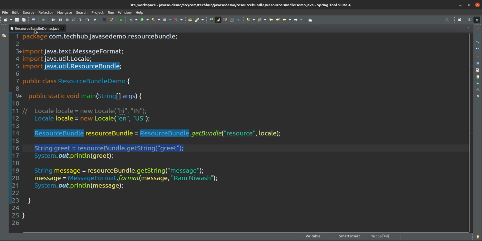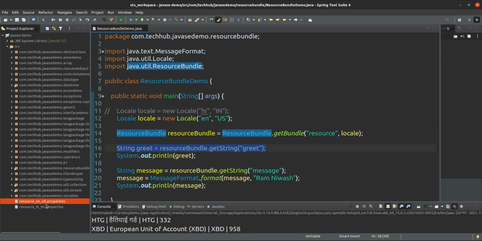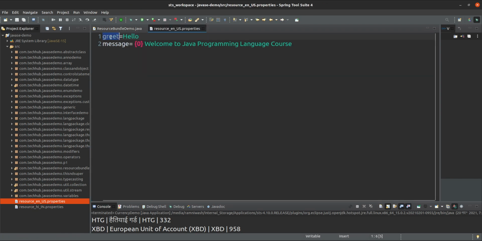And using this resource bundle object you can get the values from the resource file. So what will be available in the .properties file? A properties file will contain only key-value pairs. Key and value will be separated by an equals symbol.